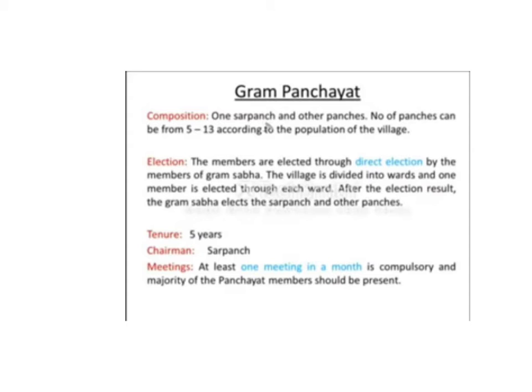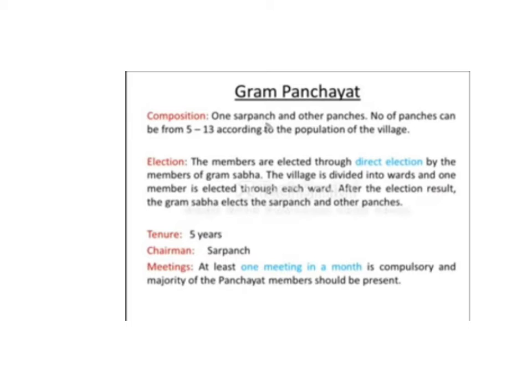So the village is divided into wards, like at the state level, the state is divided into constituencies. One member is elected through each ward. If the village is larger in population, then that village is divided accordingly, so each ward consists of one member. After the election, the results get declared. The Gram Sabha elects the Sarpanch and the other Panchs. So the Gram Sabha is responsible for the elections of Gram Panchayat, and also it elects the Sarpanch and Panchs